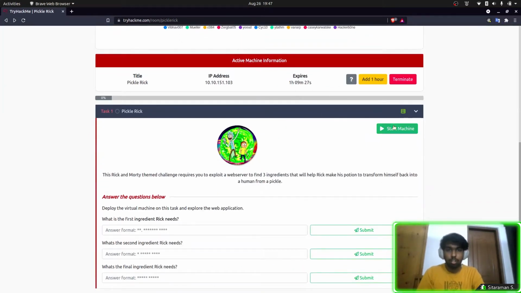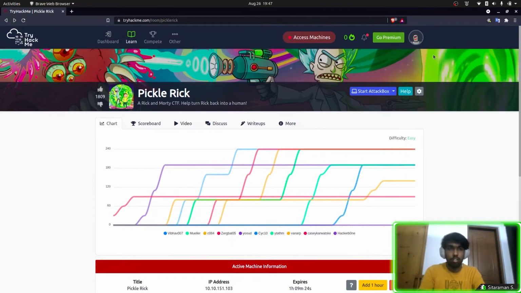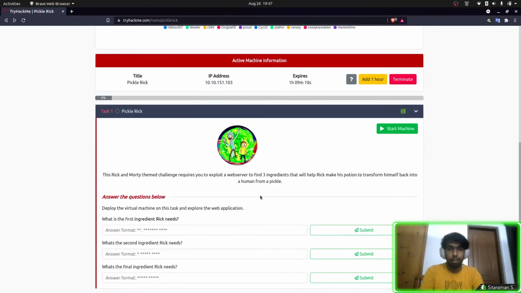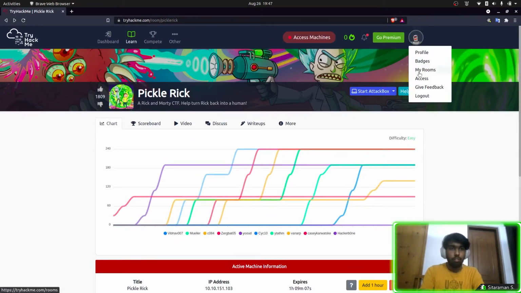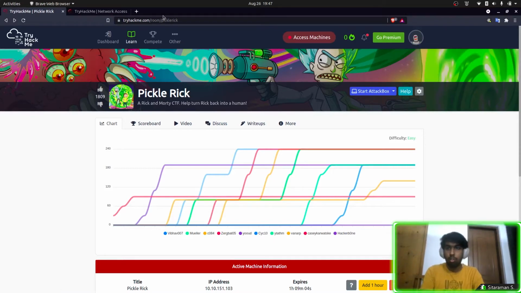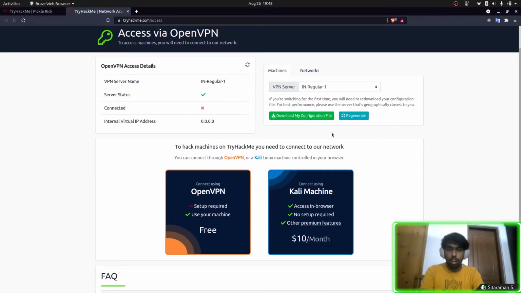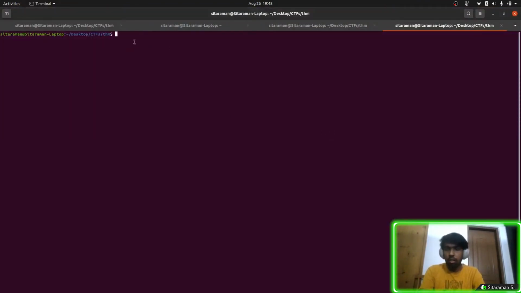I've already started this machine. Before starting with the challenge, I think a lot of people might not know what TryHackMe actually is. We have to get root access into the box or basically solve questions on the basis of a box given to us. So for that, we have to set up the box first. Go to this access tab after you sign up. Download this configuration file and store it somewhere. Once this is stored, you will be provided with an OVPN file and then you just have to connect to it. So I'll do it right now.